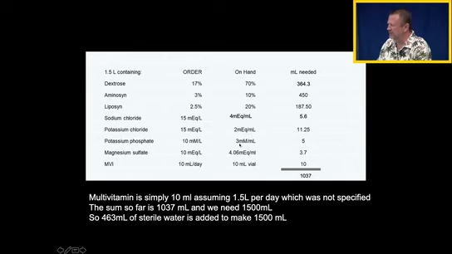5 milliliters of 3 millimoles per milliliter is required in the 1.5 liter bag to end up with a 10 millimole per liter solution. 3.7 milliliters of 4.06 milliequivalents per mil is required to add to the 1.5 liter bag to end up with a 10 milliequivalent per liter solution. And then we put a 10 ml vial in there to end up with our 10 milliliters of multivitamin. And so what we do is we add all these up. 364.3 plus 450 plus 187.5 plus 5.6 plus 11.25 plus 5 plus 3.7 plus 10 comes out to 1,037, which